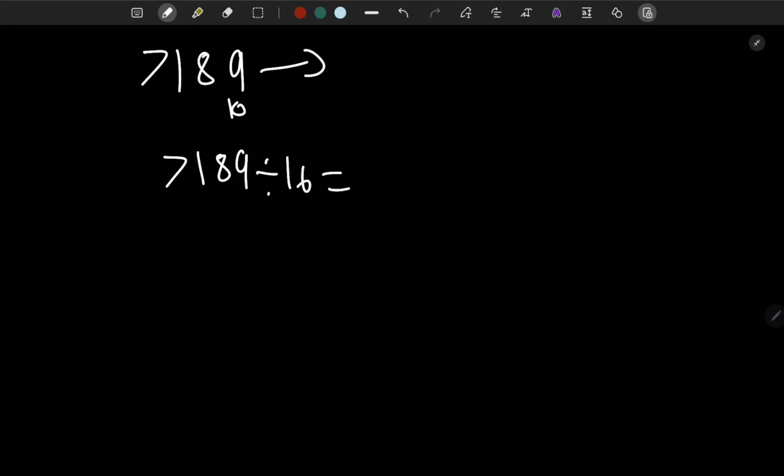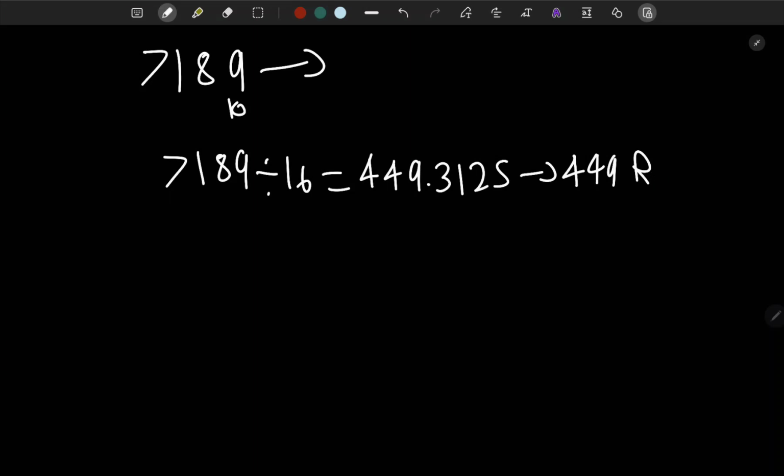Let's just come up with a random number. So 7189 decimal to hexadecimal. So let's start by dividing 7189 by 16, and this is 449.3125. This should be the remainder of